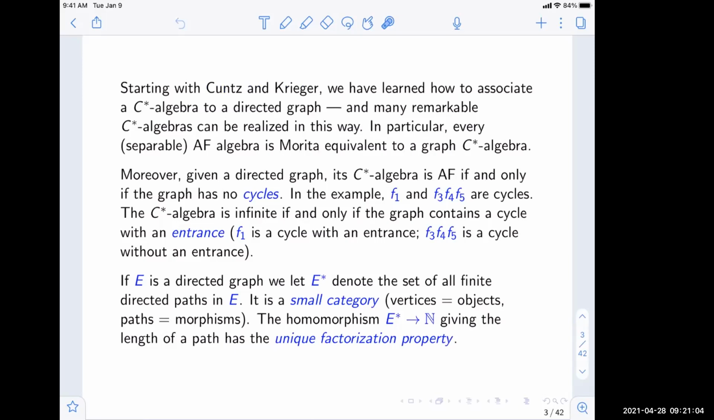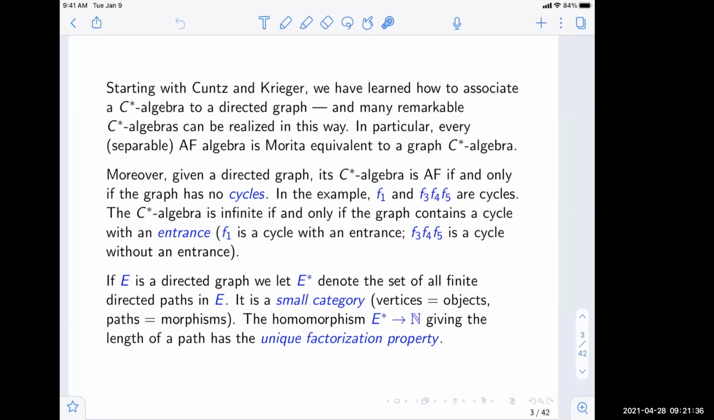So the vertices would be the units, right? And the paths are the morphisms in a directed graph. I think this was Alex's brilliant observation. The length of a path is a homomorphism from this small category into the natural numbers. And this length homomorphism has the unique factorization property. I don't want to dwell on the unique factorization property, but